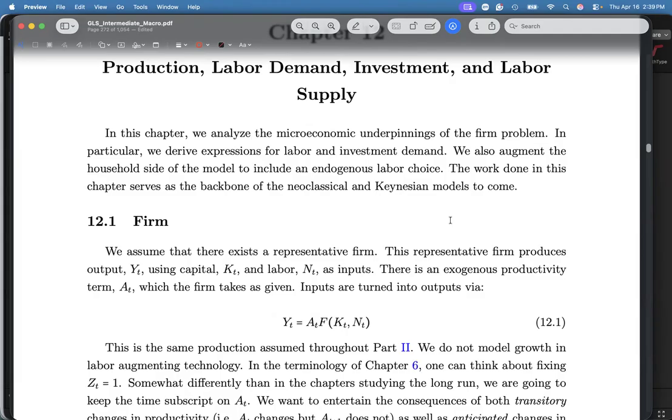That's the problem with macro models. There are many derivations that need to be done, so you'll have to actually do them yourselves. Expect that you'll have to do some derivations for the long test also. So I'll point out here all of the derivations that the textbook wants you to do. Make sure that you're able to do them. Okay? So if there are no further questions, let's continue.